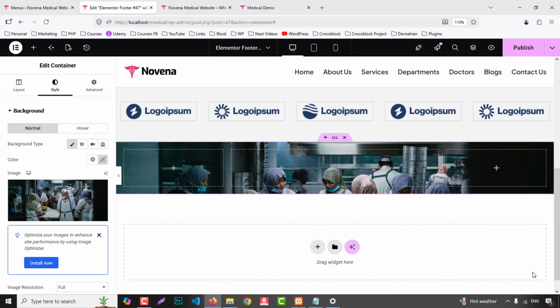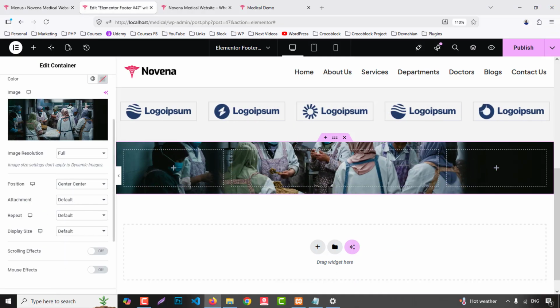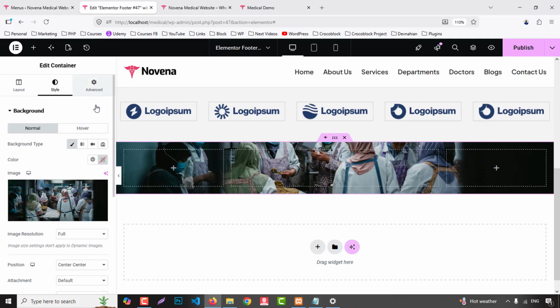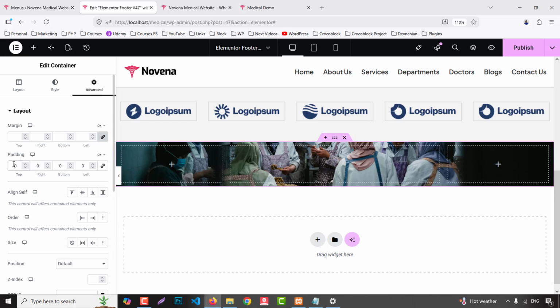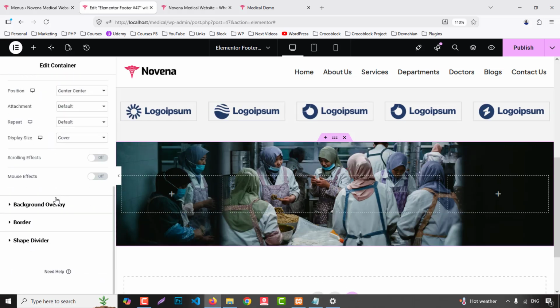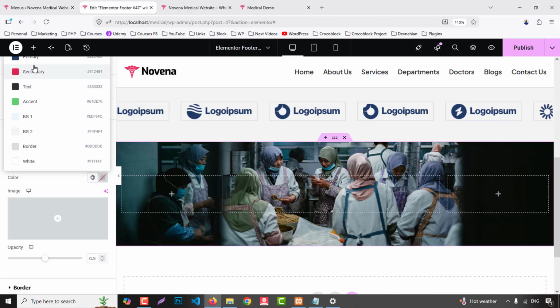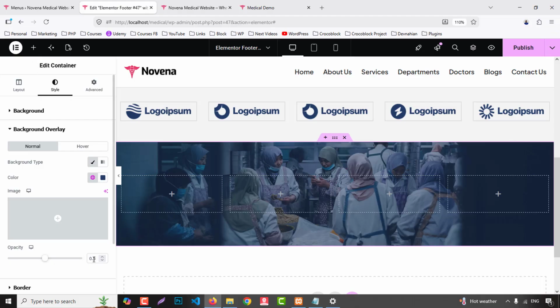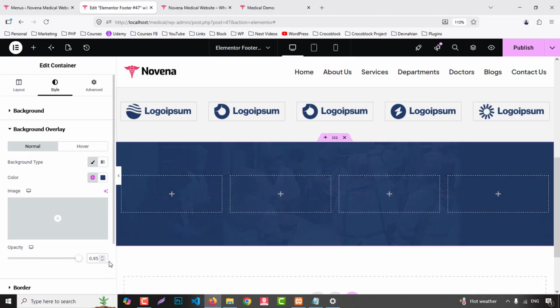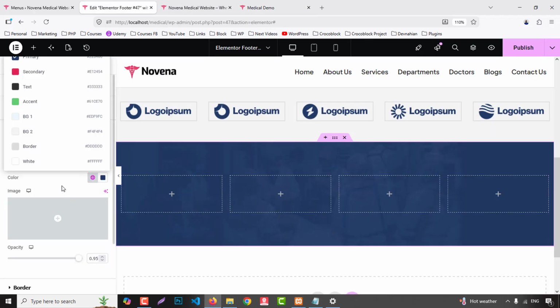select, then we can choose background position center, then display size cover, go to advanced, and here we can choose padding like top 80 pixel, bottom 80 pixel, and here we need an overlay, so background overlay we can choose here. Color is our primary color, okay, opacity like 0.95, or we can have like this one, or we have to dark color actually,